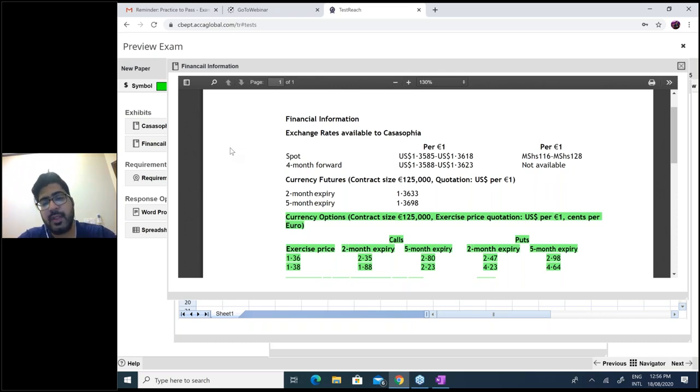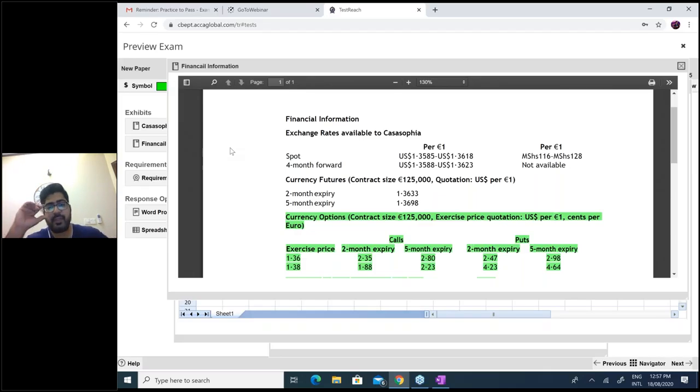One thing, you are receiving money after 4 months. So obviously 2-month expiry is irrelevant for you, because 2 months would have passed and then you will be receiving money. The only relevant is 5-month expiry. There is no concept of averaging or locking in like futures and options. Since you're receiving after 4 months, 2 months would have already passed, just cancel them. Only 5-month expiry is relevant.